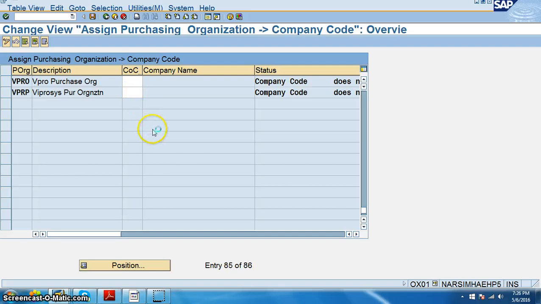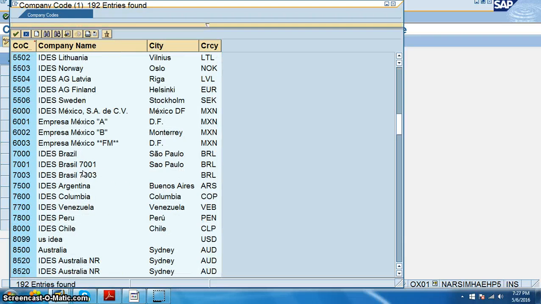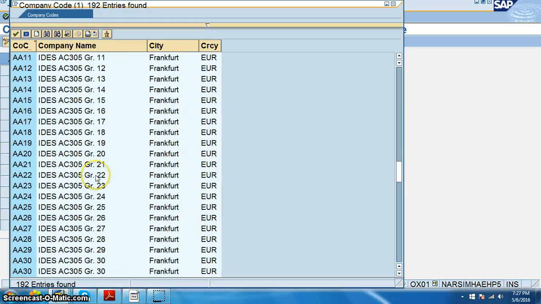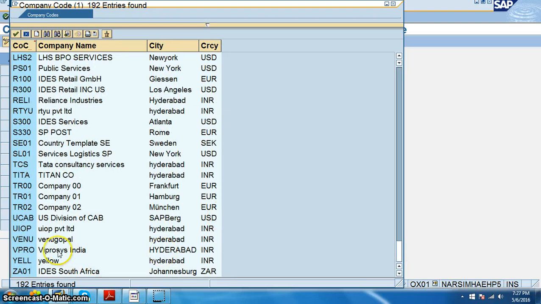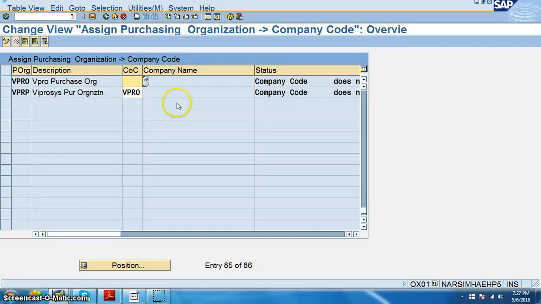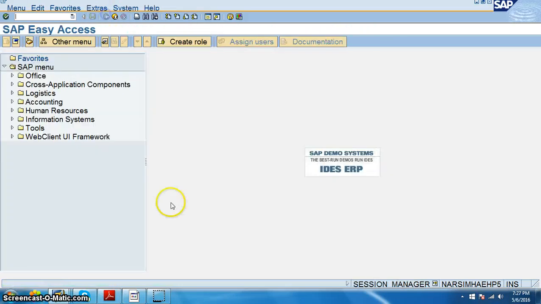There can be two plants as well, so let's search for the VPRO company code, because our company code is VPRO. Here also we can put it as VPRO. Say enter, save, say OK, back.